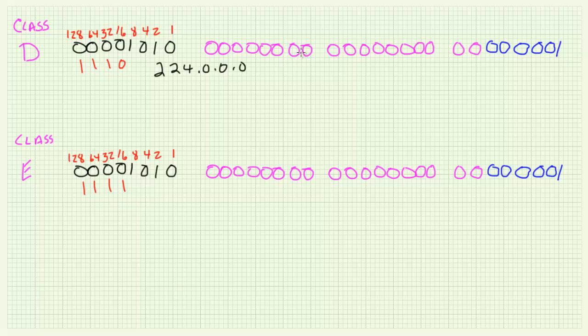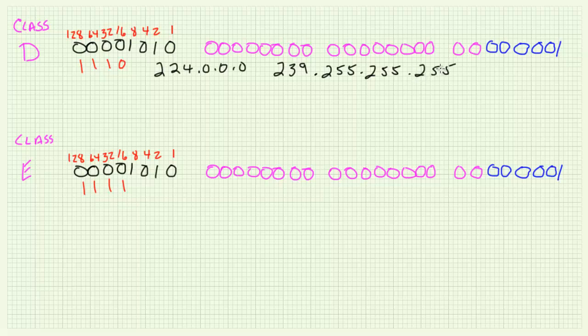And the last one, well, what would that be? That's simply going to be where we take these last 3 octets and set them all to 1. And then, of course, we have to do our math over here. If we take 128, 64, 32, we're skipping 16 because it's forced to be a 0 by the rule. And then we take 8 and 4 and 2 and 1. We add all that together, we get 239, right? So 239 for the first octet, and then we're going to set all these to 1, all these to 1, and all these to 1. So that would be 239.255.255